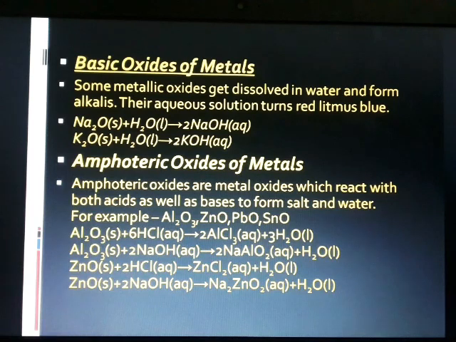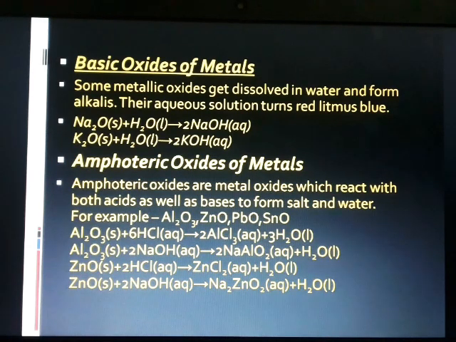Amphoteric oxides of metals. What do you mean by amphoteric oxides? A metal oxide which reacts both with acids as well as bases is called an amphoteric oxide, to form salt and water. Very, very important 3-mark question. Here certain amphoteric oxides are given: aluminium oxide, zinc oxide, lead oxide and tin oxide. First we will take any one example; if you know that thoroughly, that is enough. So aluminium oxide or zinc oxide, it is easy, we react it either with HCl or with any base, NaOH or anything else. Strong base and strong acid, we are going to react with these amphoteric oxides.